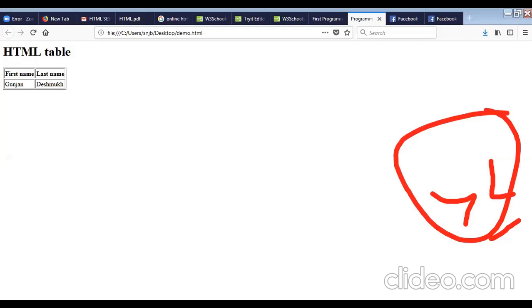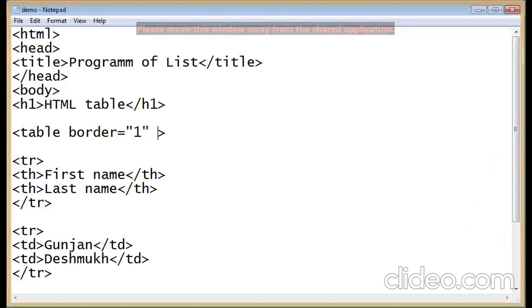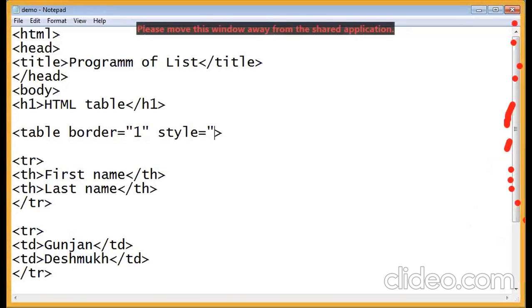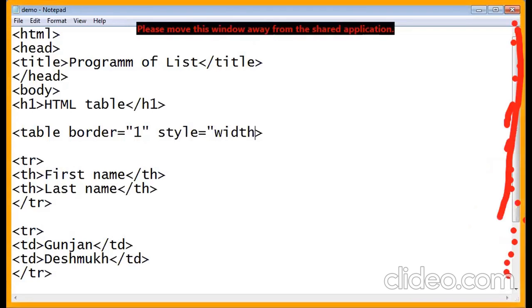So I will add the width also. For adding the width, I have to add the style attribute: style equal to, in double quotes, you write the width. Suppose I will give 100%.